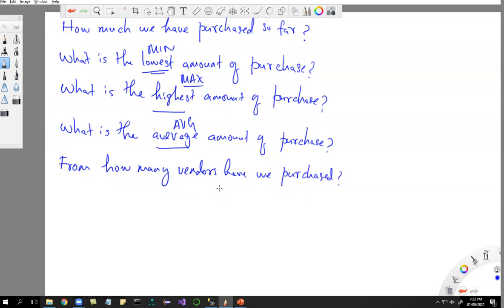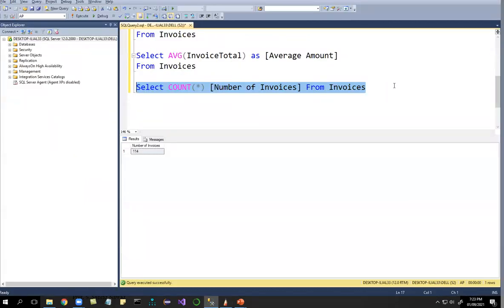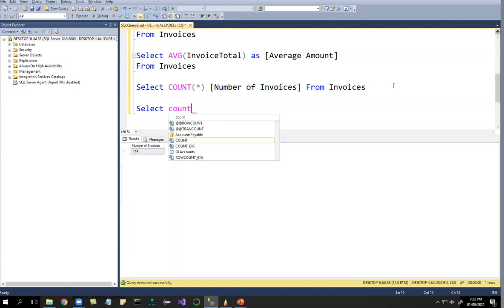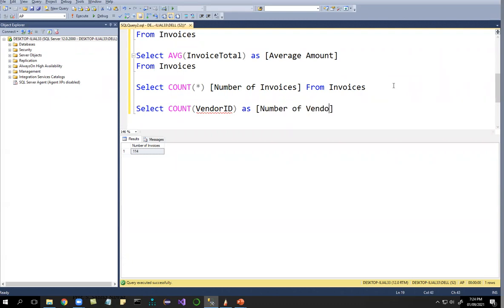Because there may be 1, 2, 3, 4, 5 like that, and only from 2 or 3 vendors we have purchased repeatedly. Like this, from 5 and 1 we didn't buy anything. So in those instances we can use select count vendor ID as number of vendors